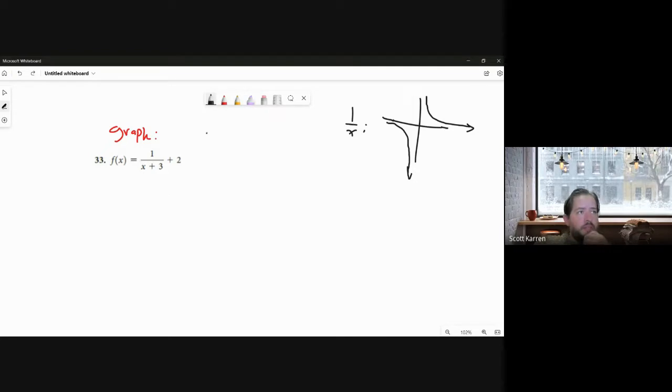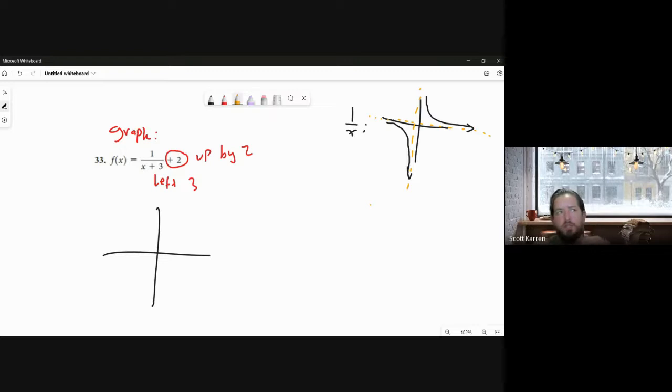And so if I'm going to graph this thing, I've got to note first that this is going to be the graph shifted up by 2. And this x plus 3 means that it's going to shift to the left by 3. So this graph that I've just drawn up there is going to go up by 2. So this asymptote, there's an asymptote right here. 1 over x is asymptotic to both the x-axis and the y-axis. Those asymptotes move as well. So if my asymptote moves up by 2, I can just 1, 2,